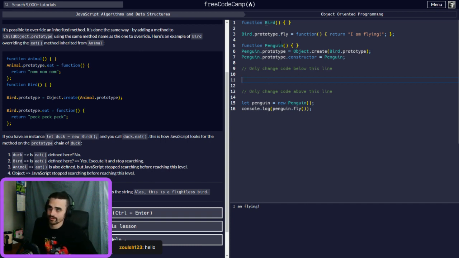So you've got the bird being the biggest, but then you have a penguin that's a derivative from it. And if you've got multiple penguins, you can do that. You're saying the constructor now is equal to penguin, and then you can make new penguins.